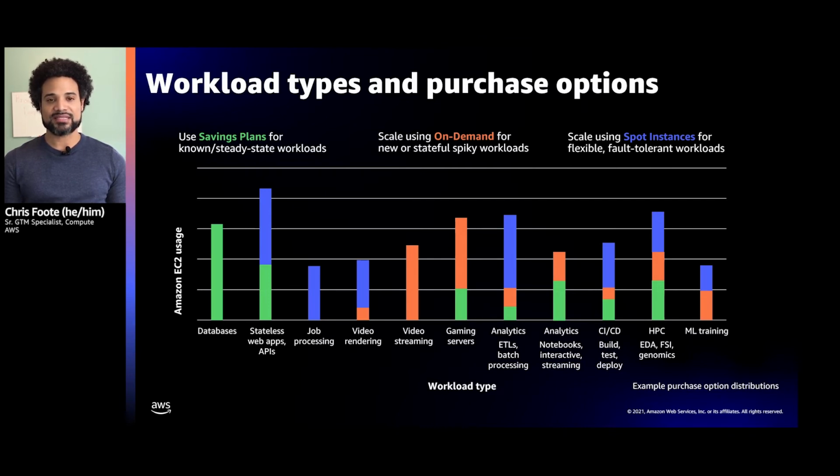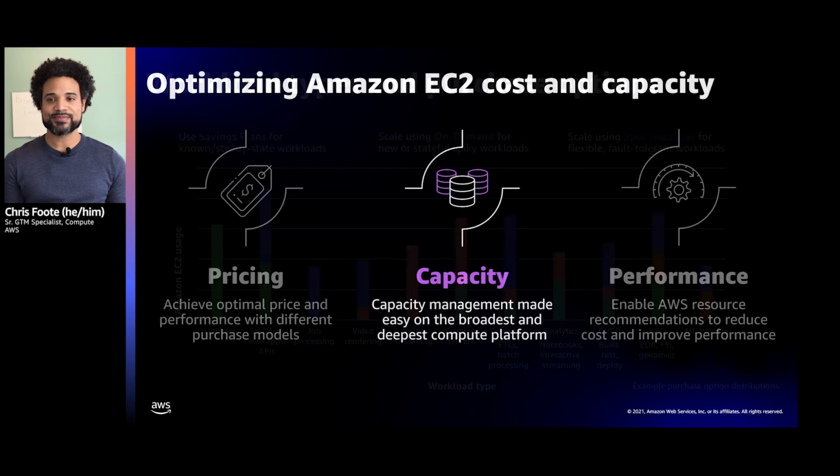And for job processing, perhaps it's a workload that runs intermittently, perhaps once a week or once a month. There's many customers that leverage 100% Spot for these. But depending on your workload type, there's various mixes, and it's ultimately going to depend on what the requirements of that workload are. Is it instance flexible? Is it fault tolerant? Does it need to run steady state? And that will dictate which purchase option or combination of purchase options are the best to choose.